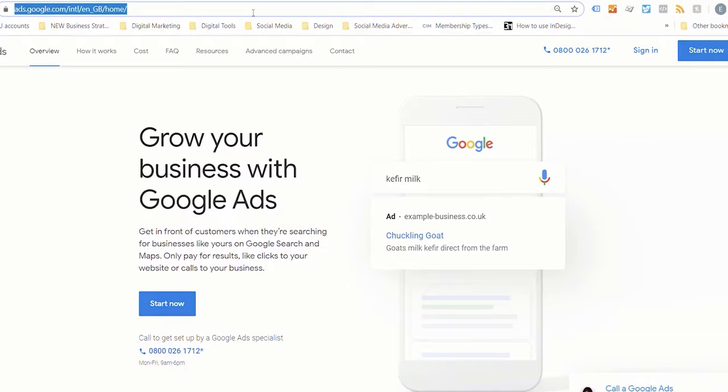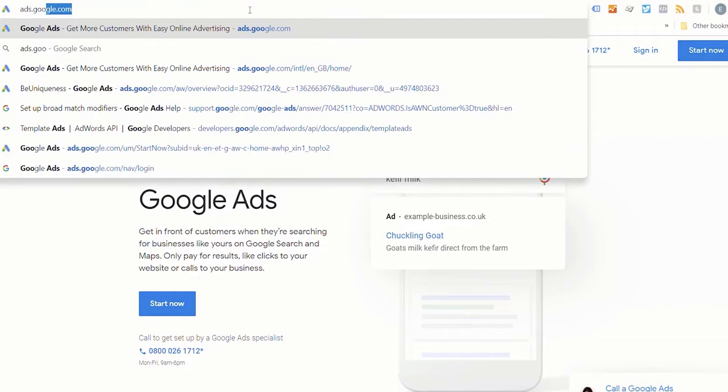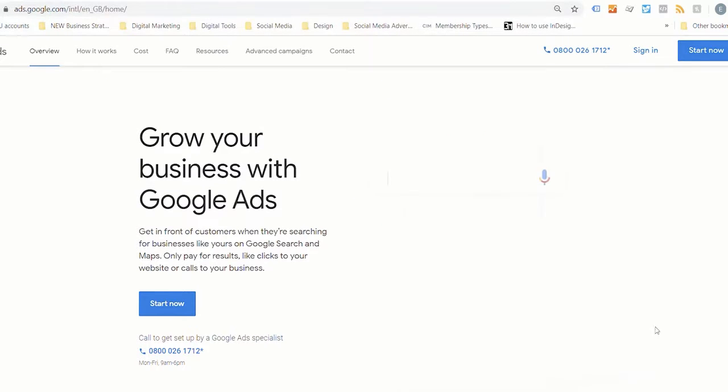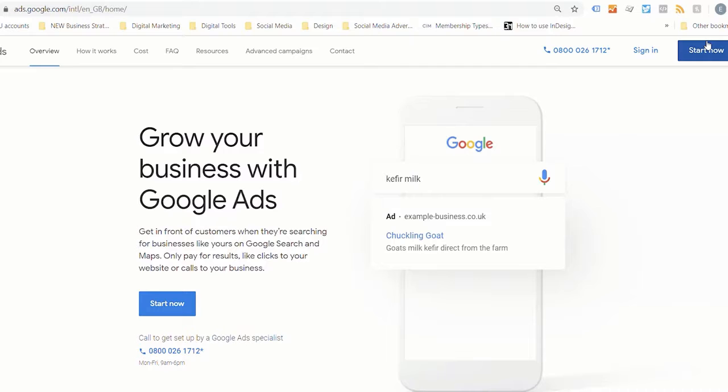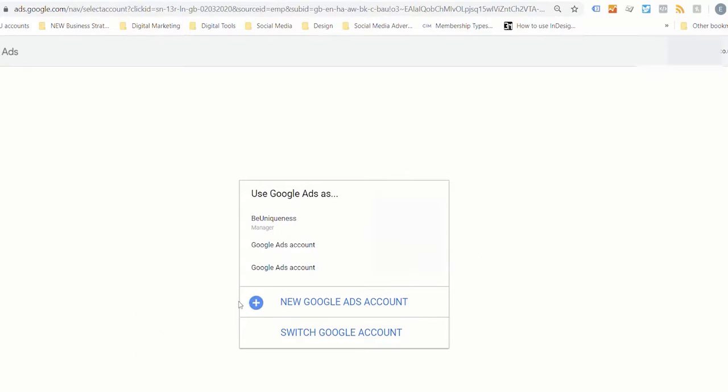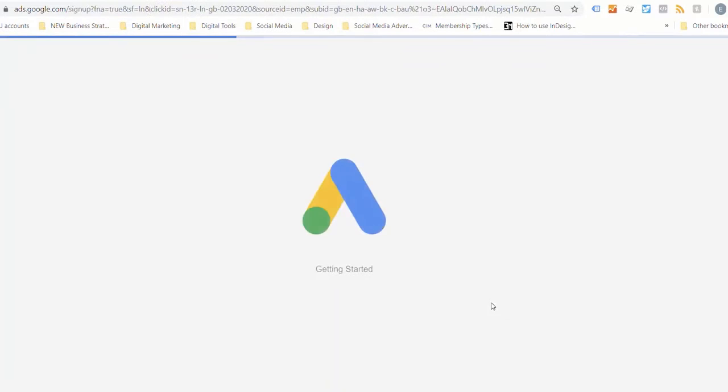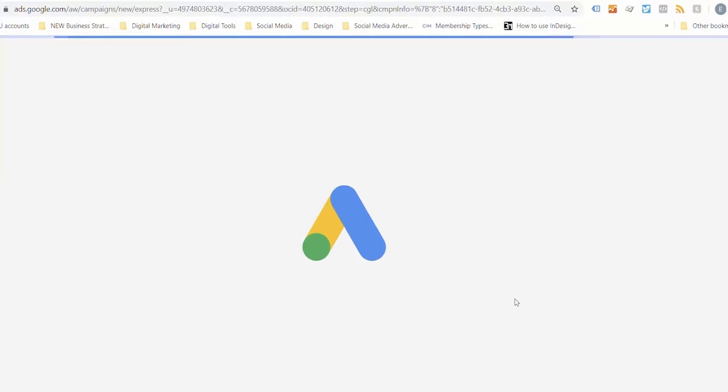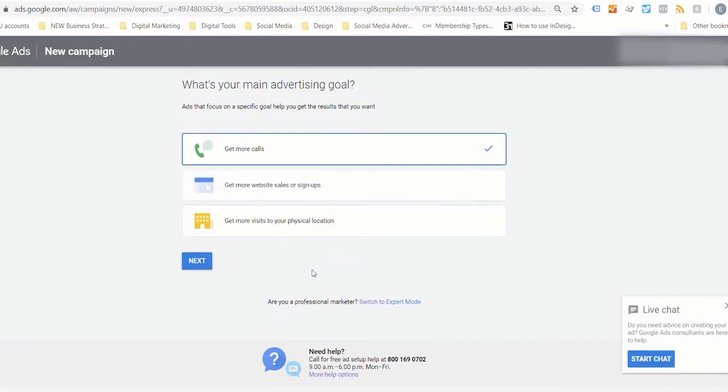Alright, so what I'm going to do now is go into ads.google.com, then just click on Start Now. Right. Then I'm going to create a new Google Ads account. Click on that. Right, so wait for a bit. Then here on this page,